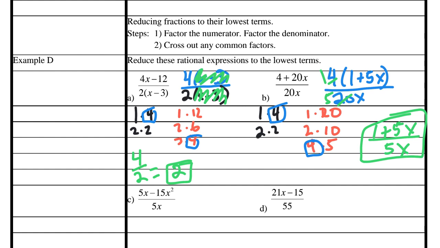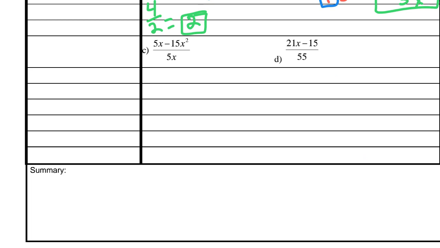Okay, let's try example C, and then we'll call it a day. So break down the 5 into 1 and 5. Break down the 15 into 1 and 15, 3 and 5. Identify your greatest common factor, which is 5. Okay. Also notice though that they also share an x. So I want to pull out not just a 5 but a 5x. So then that's going to become 1, because 5x times 1 is 5x, minus